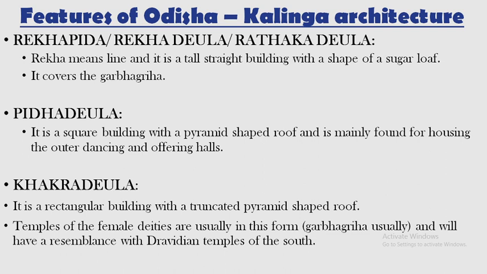Fidadiula is a square building with a pyramid shaped roof, and it is mainly found for the housing of outer dancing and offering halls. It's like a mandapa of south temples. Khakra Diula is a rectangular building with a truncated pyramid shaped roof. The temples of the female deities are usually in this form and will have a resemblance with the Dravidian temples